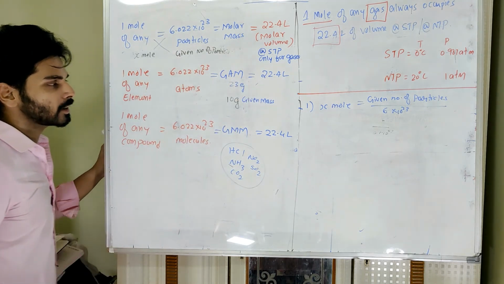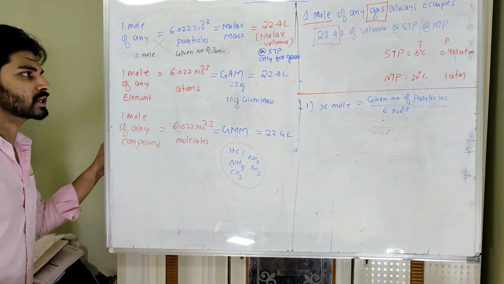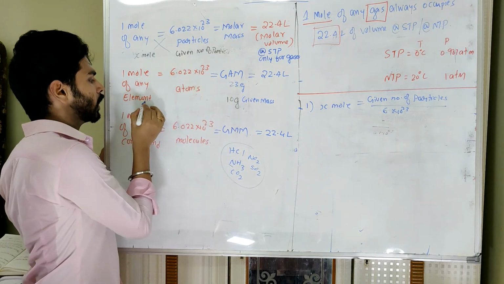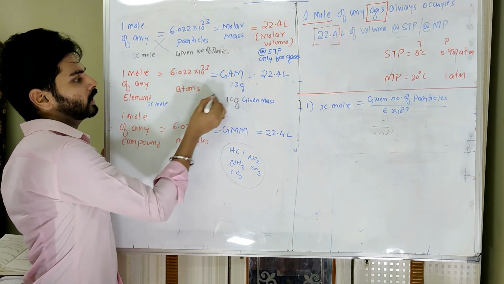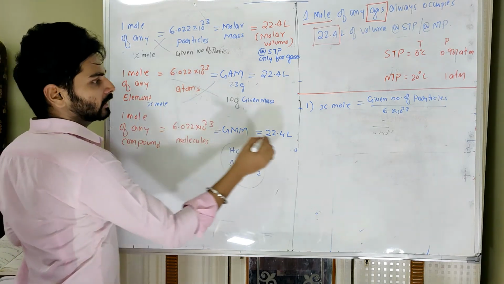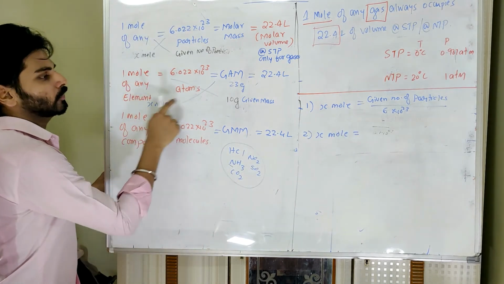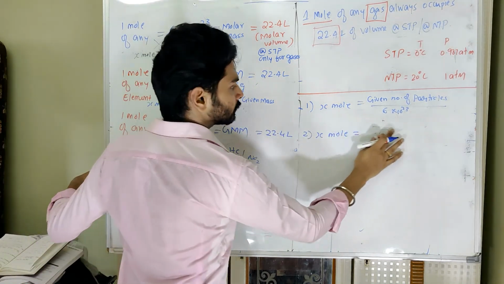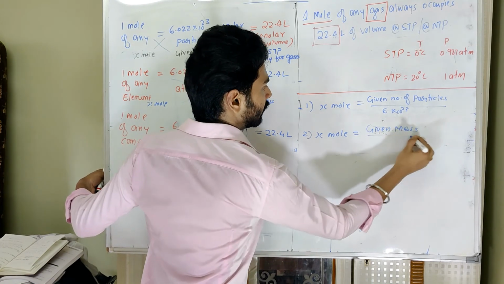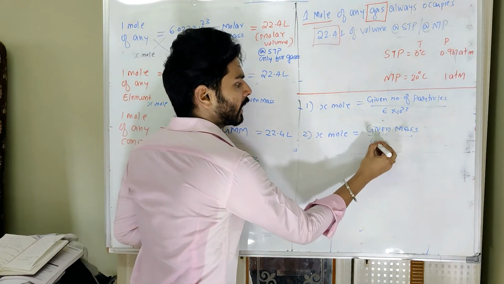So what we will do is, 1 mole is equal to 23 gram. Since I am taking the example of sodium, I am saying 23 gram. If I am taking potassium, then it will be 39 gram. If I am talking about calcium, then it will be 40 gram. So 1 mole is 23 gram, and this 10 gram is how much mole. So then I'll be doing cross multiplication. Then the second formula arrives, that is x mole equals given mass into 1, divided by gram atomic mass.